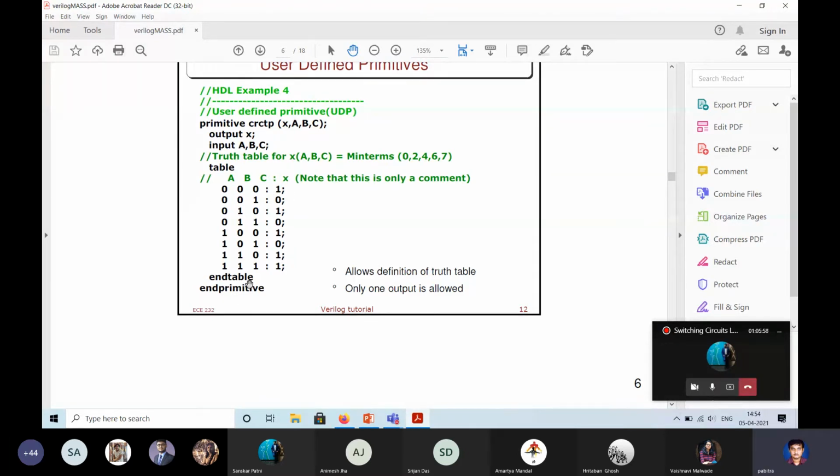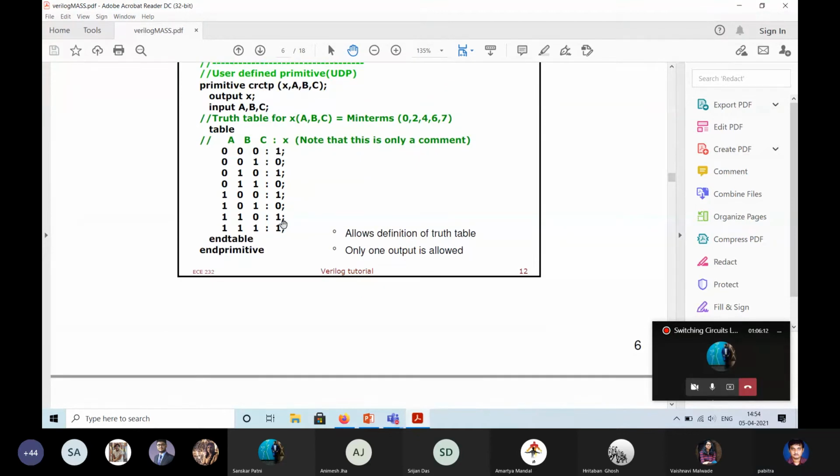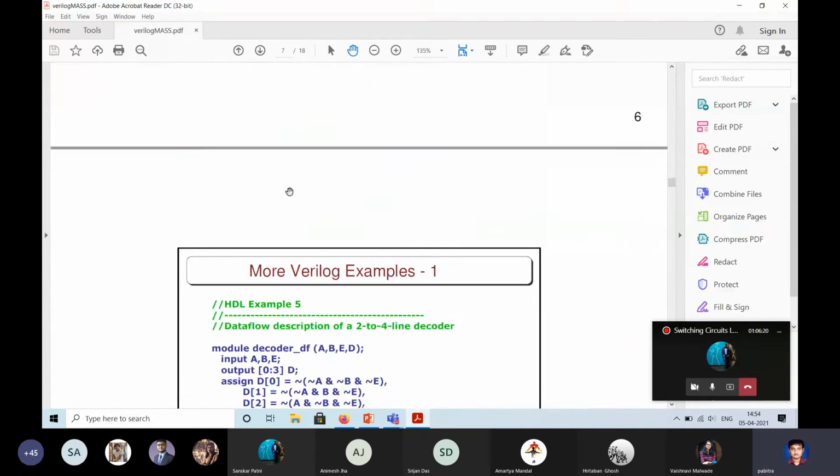Then you have an end table, and then you have a primitive. So this is a user defined primitive. This is some new truth table which you want to define, say a majority truth table. One thing about truth tables is that you can only have a single output truth table. You cannot have a multi-output truth table.